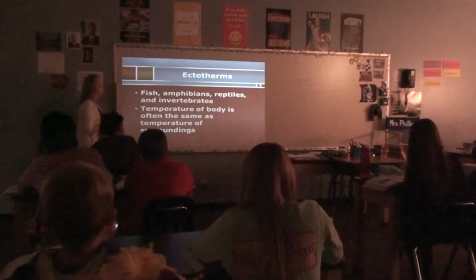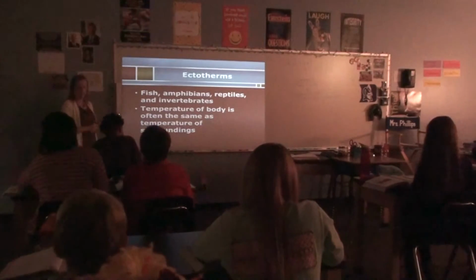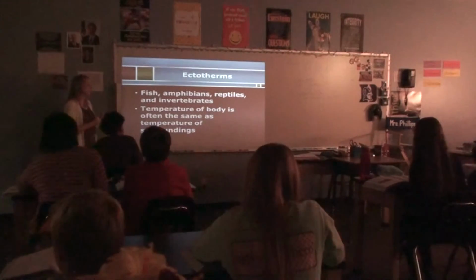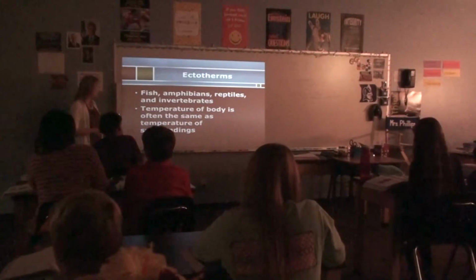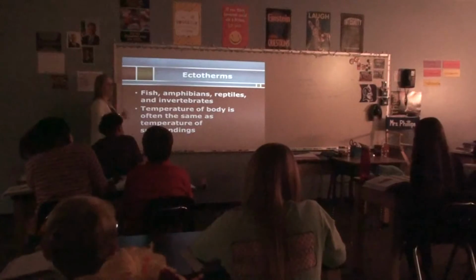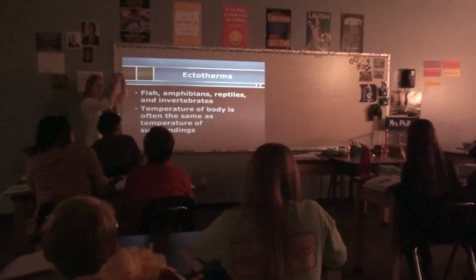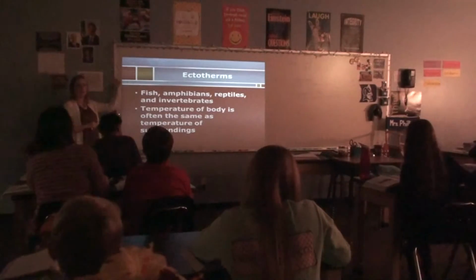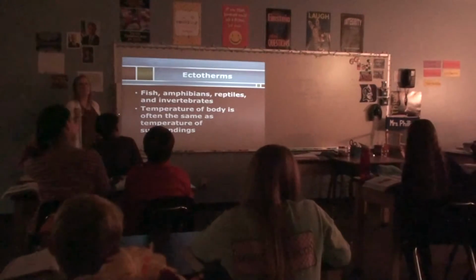So think about the lizards that we have in the science lab. They are just going to be room temperature. Whatever that room is, that's their temperature. That's why they like to sit under the light when I turn it on. When their sun comes on in the morning, they like to go right up underneath it because they're able to warm up. Same thing with the turtle. Every time I turn that light on in the morning, he knows. He's able to get back up there now.